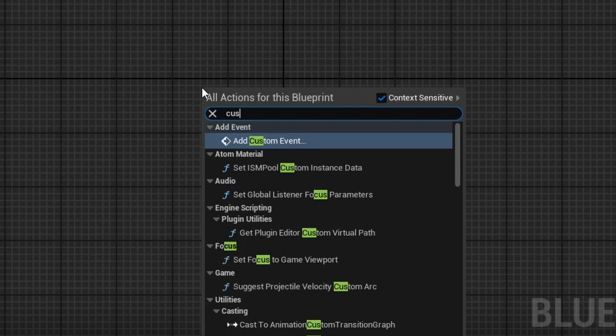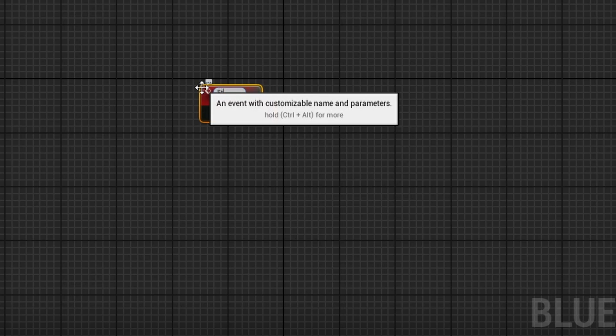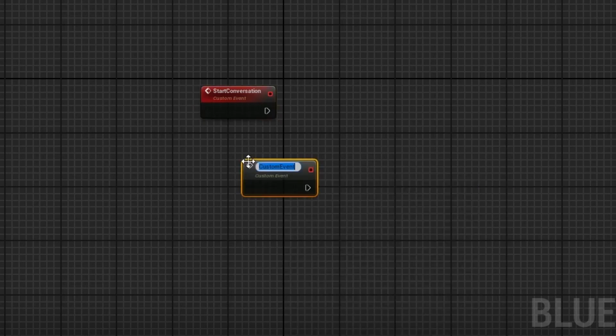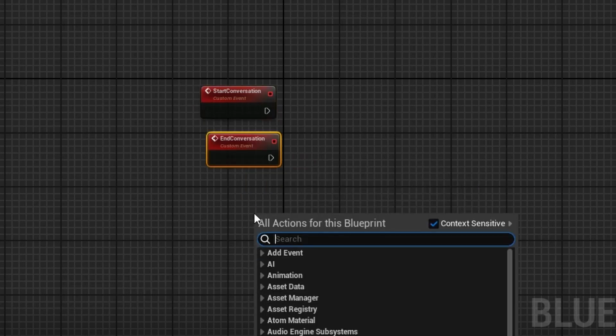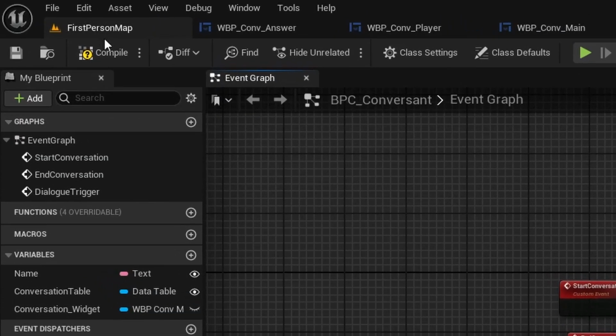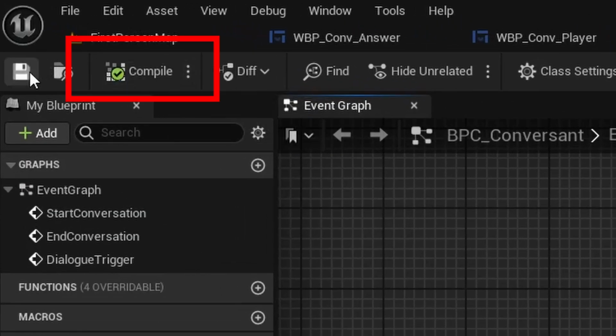Now go to the event graph and delete everything. Right click and start typing custom event into the search box, and once it appears in the search results, select it. Name it start conversation. Create another custom event and name it end conversation. Create a third custom event and name it dialogue trigger. After that, click on the compile icon in the top left corner because Unreal sometimes needs this to add input